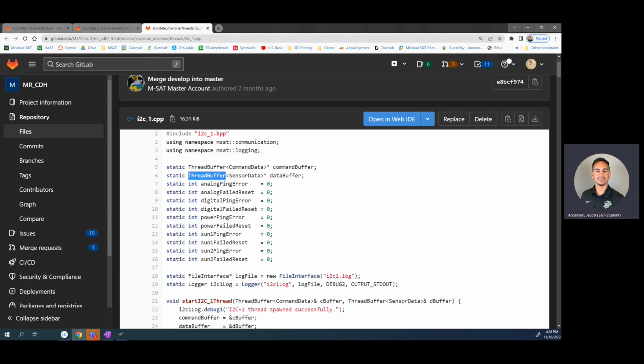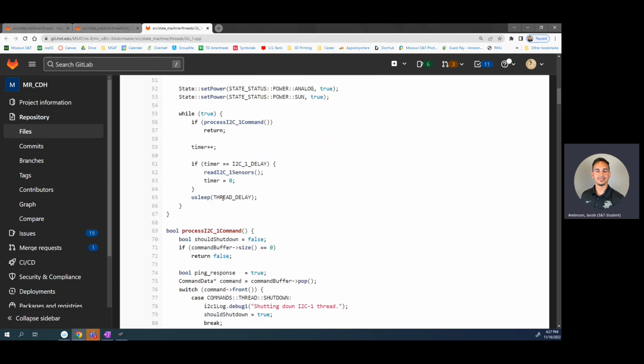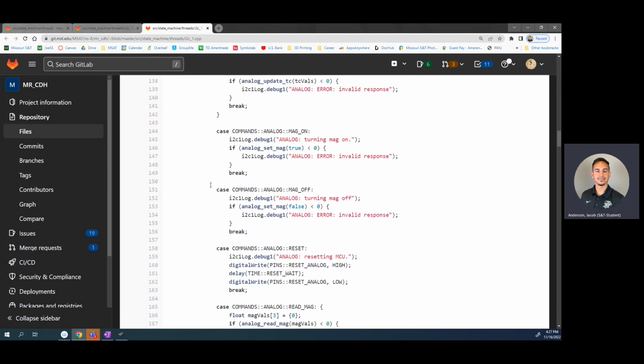Right, so again, here we have the thread buffers, which are pointers, meaning the thread buffers aren't actually stored here. They're stored on the state machine, but this thread has access to that memory to overwrite it, which keeps the state machine updated on the data we're getting from the sensors. So we have start thread, and then